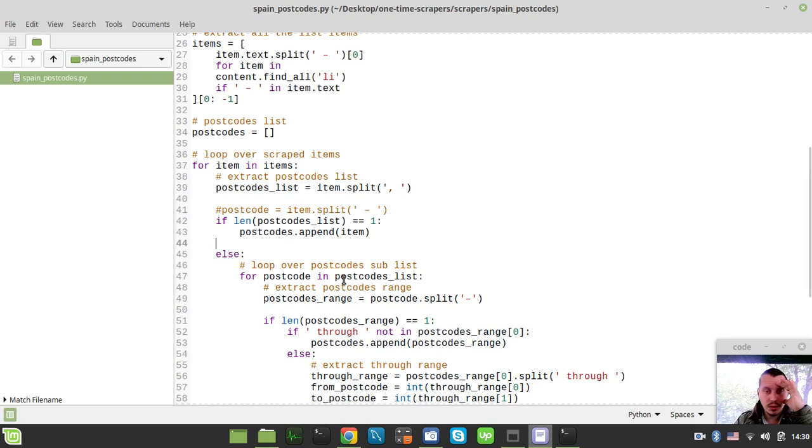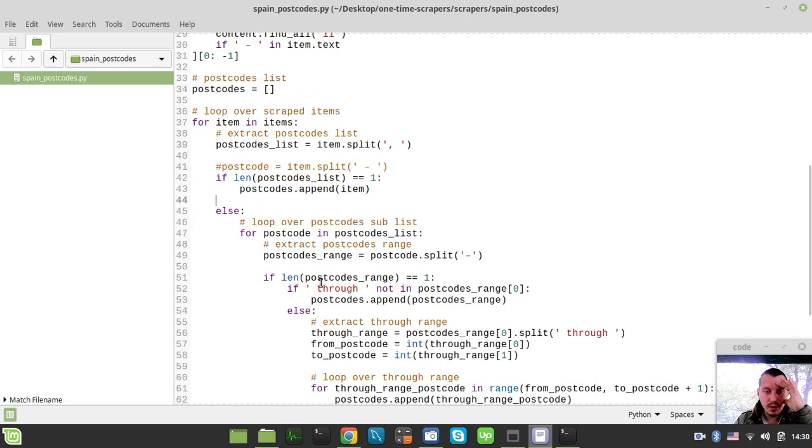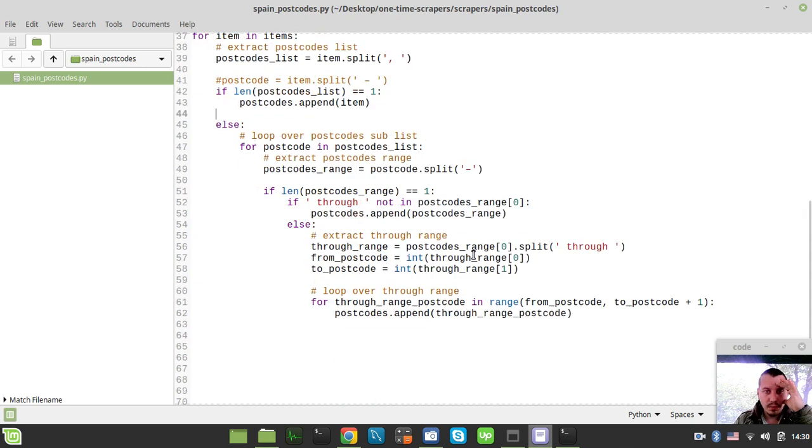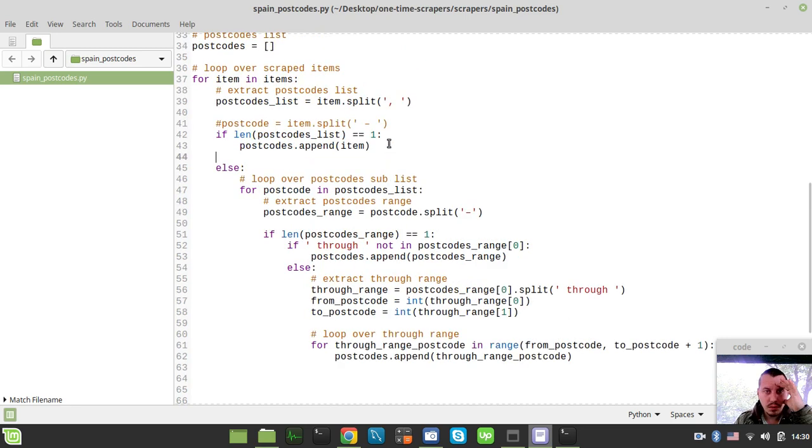So in case the length equals 1, we did append those, and in case of these ranges, oh, probably, yeah, we did already handle these comma separated values, and we did handle those where we got this "through" keyword,